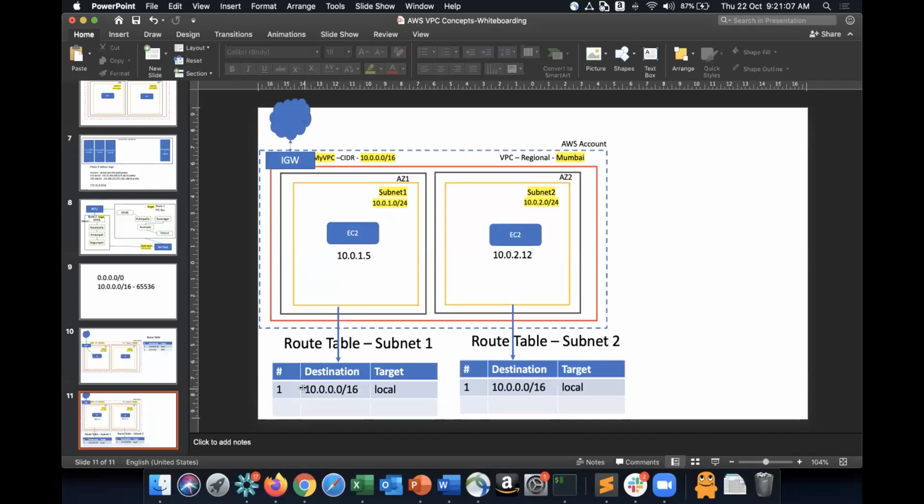It will look at the first rule. What is the rule? The rule says any traffic with the destination as 10.0.0.0/16. So now in this case, it will first look at the